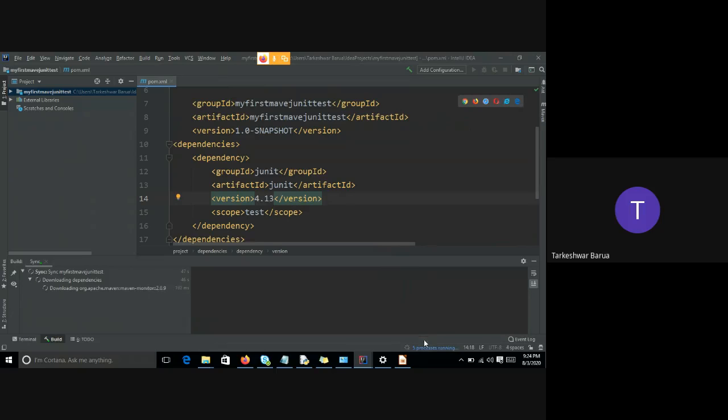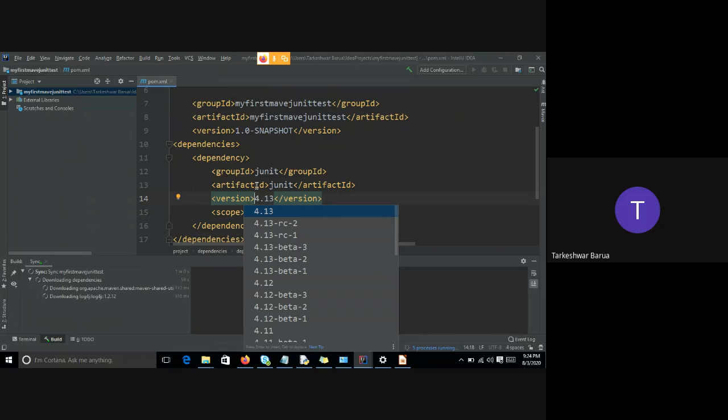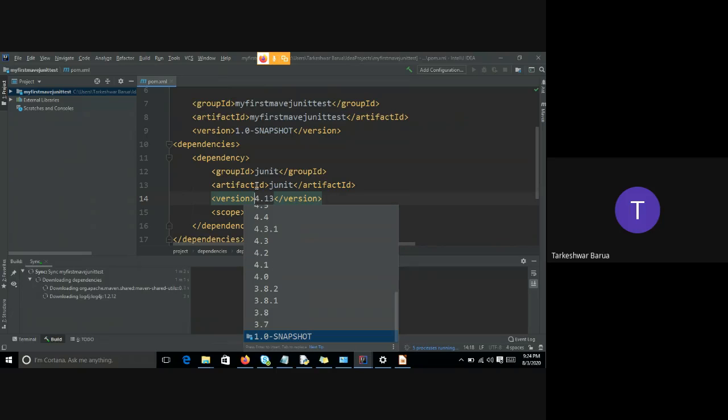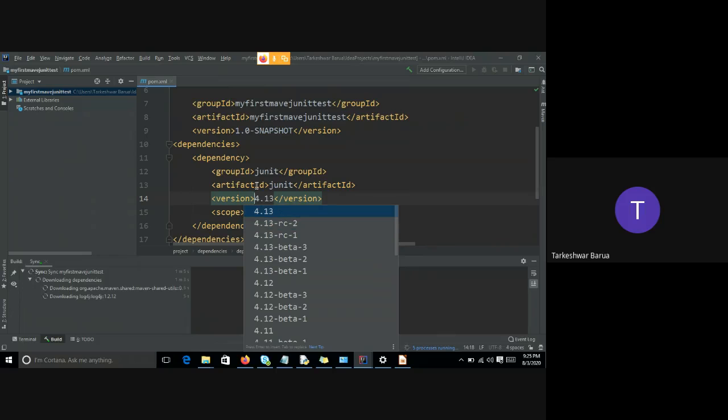As you can see on the bottom side, it's downloading the JUnit library. If you are not happy with this version, you can add another version of JUnit as well. Whatever version you want, you can add.